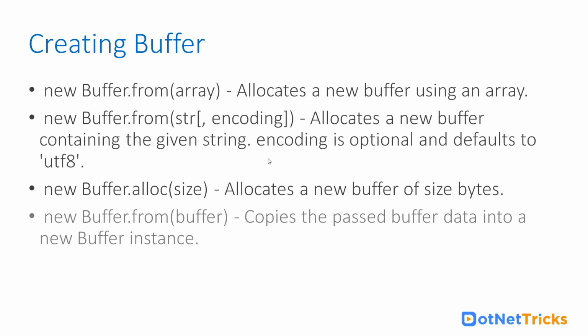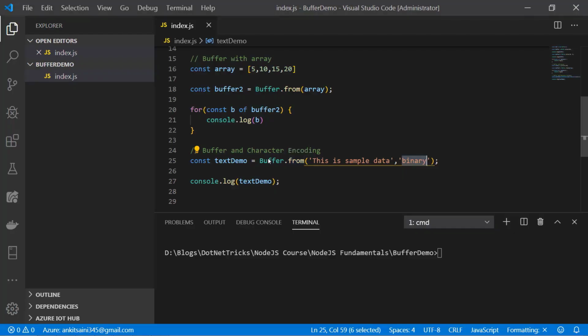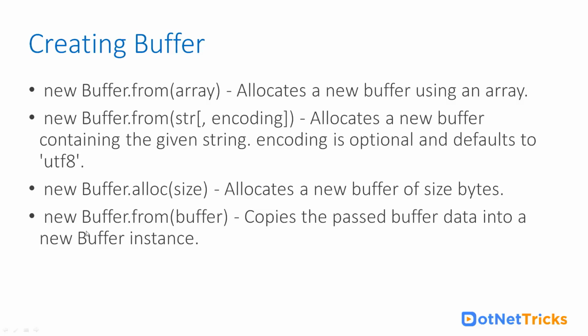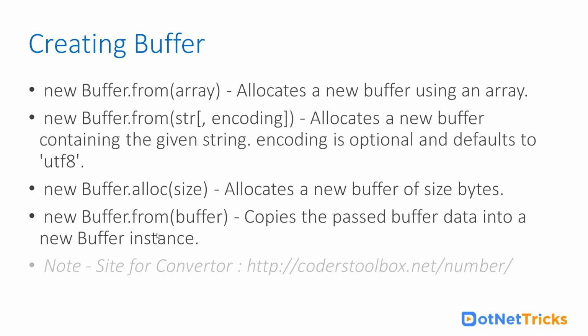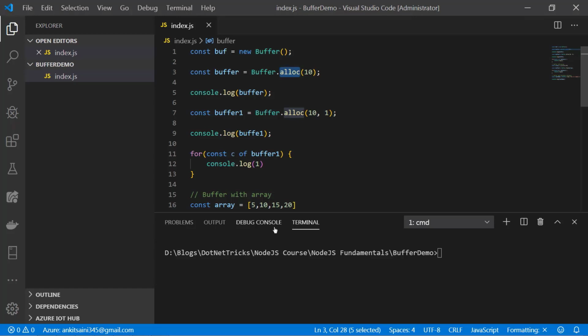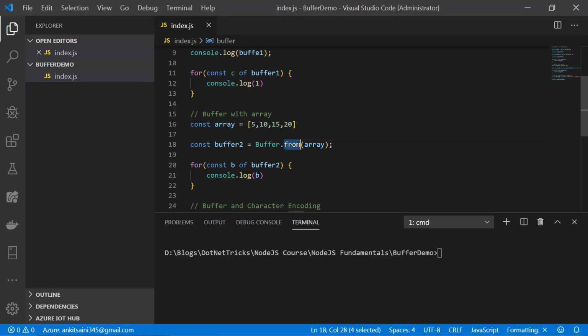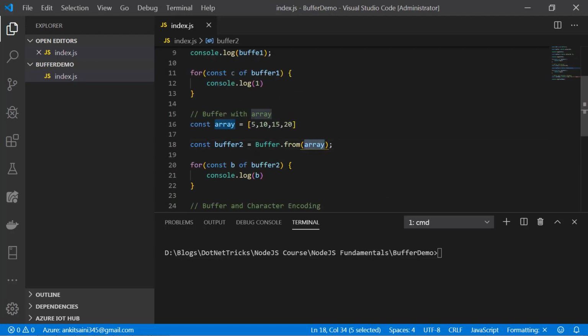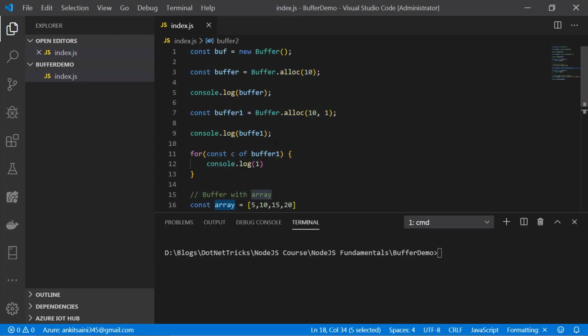Then we also have Buffer.alloc, where we can provide the size, which is this example. And the last is Buffer.from, where we can also provide a buffer. You can see I am passing an array object to the from method, and these are the multiple ways. So let's go ahead and run this program, and we will discuss one by one what is happening. So I'll say node